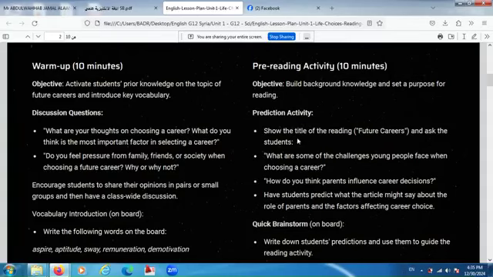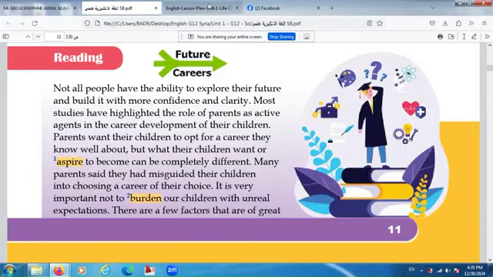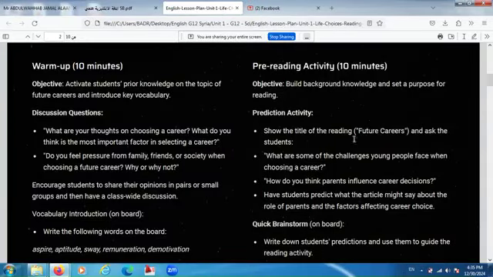Prediction activity, okay? We will show the title of the reading, which is Future Career. And we'll ask students, what are some of the challenges young people face when choosing a career? How do you think parents influence career decisions?